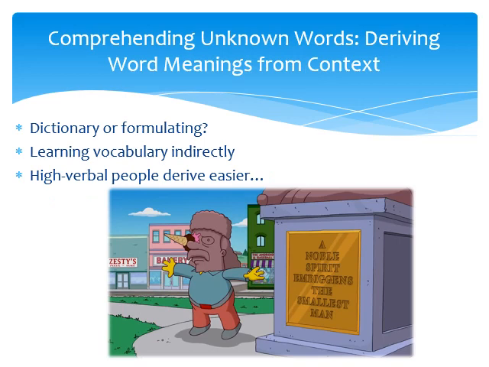How about comprehending unknown words, or deriving word meaning from the context? Dictionary or formulating? How do we define the words we do not know? Another way in which a larger vocabulary contributes to text comprehension is through what we call context clues, which is learning through context how a word is used in a sentence. Whenever we cannot semantically encode a word because its meaning is not yet stored in our memory, we must engage in some strategy to understand better, to derive meaning from the text.